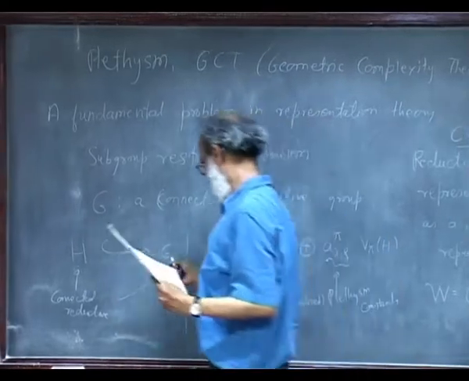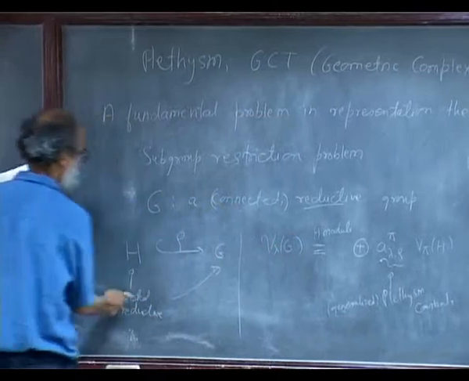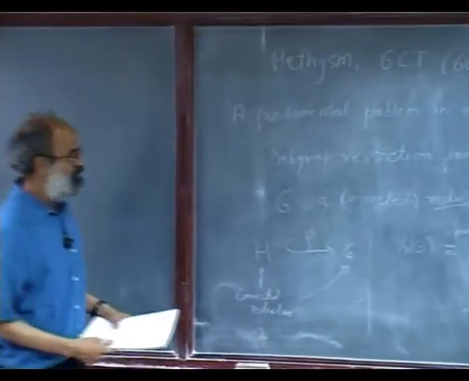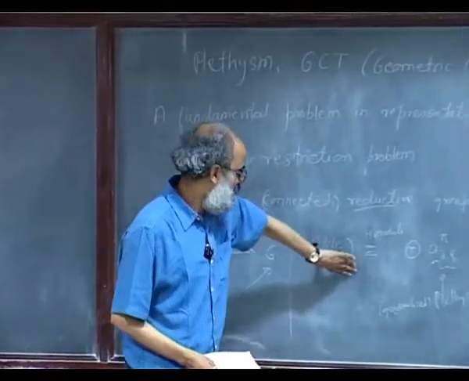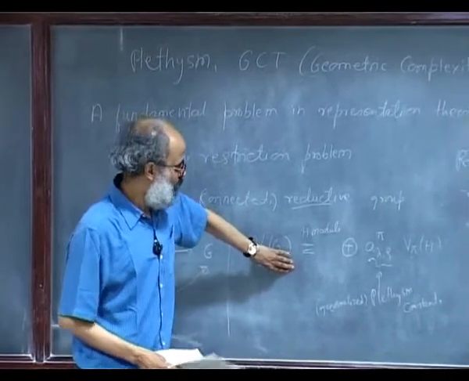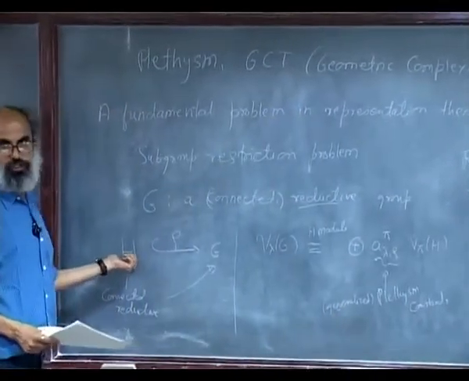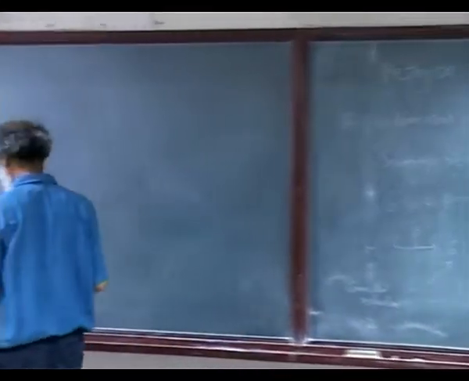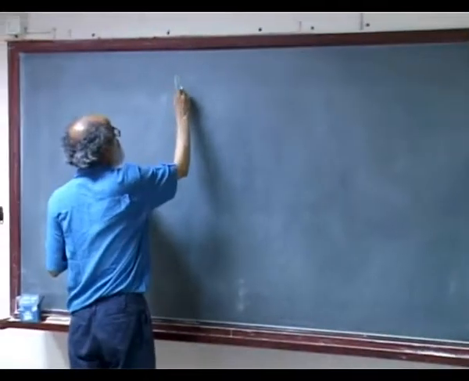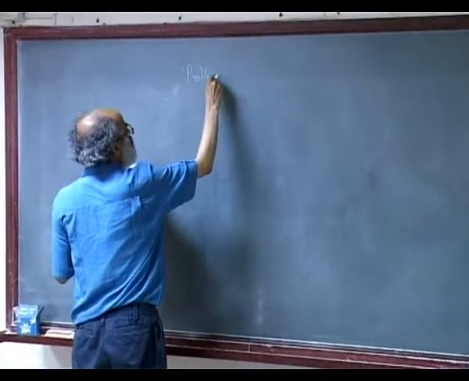And this need not be GLNs, it could be arbitrary connected reductive groups. So the problem is the following. Given any irreducible representation of G, now we want to know how it splits as a representation of H. So the subgroup restriction problem is the following problem. First,